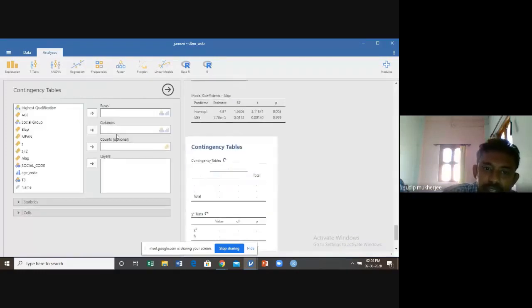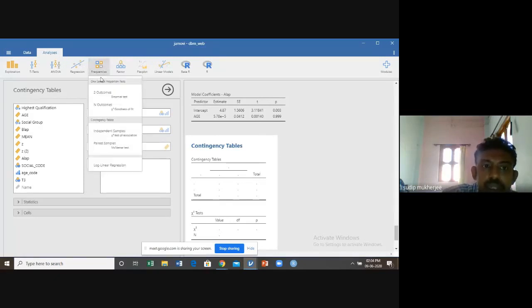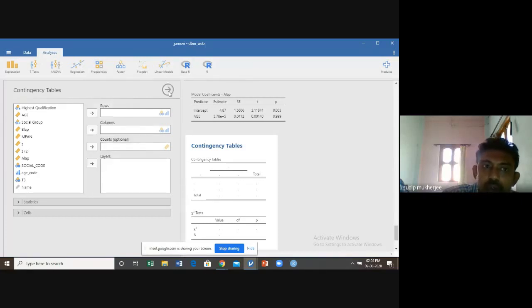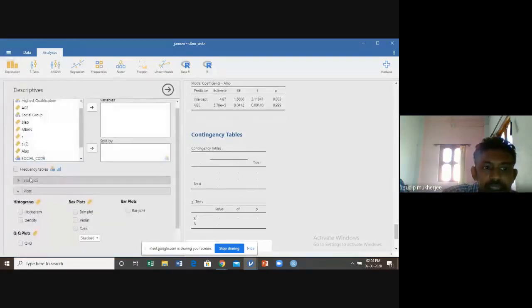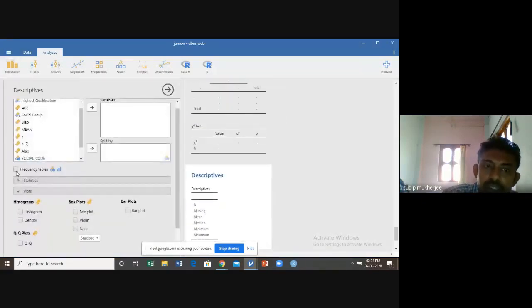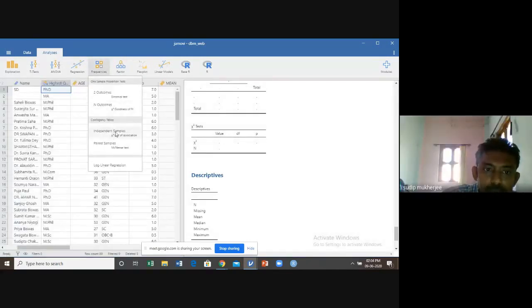Using this option, you can create different types of two-way classification tables. Just like the frequency table in the explore option, you can also use the independent samples option under frequency.